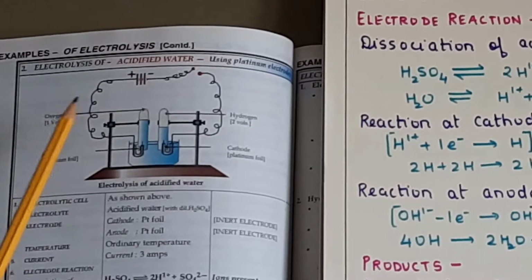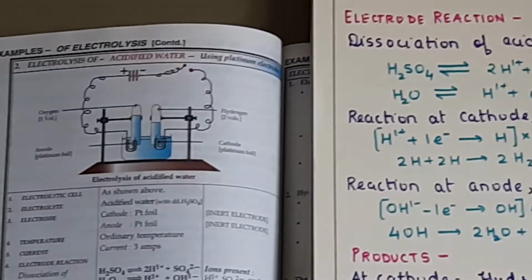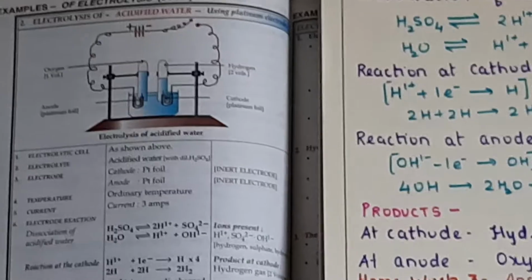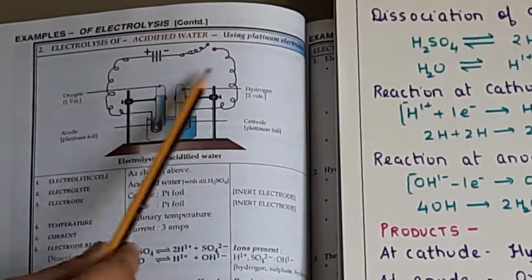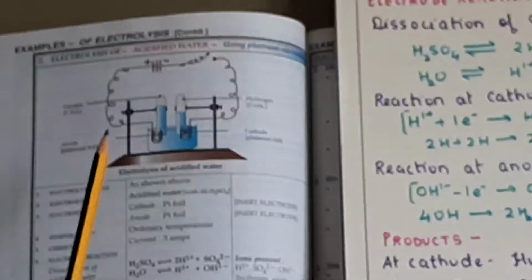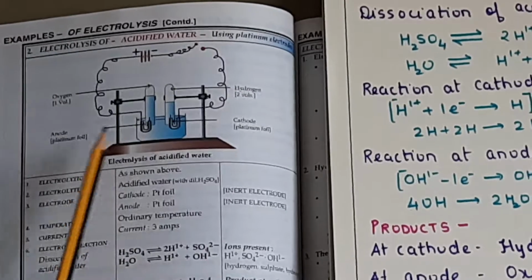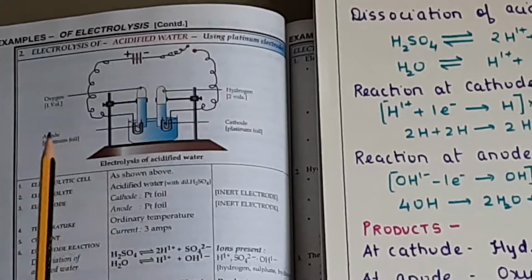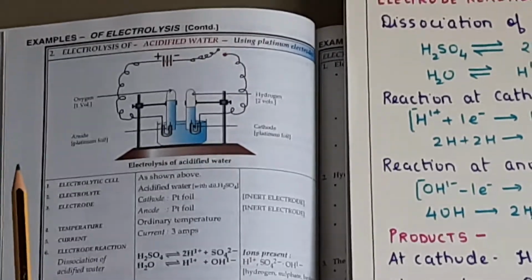Now you are going to connect the circuit and allow current to flow through it. Once current flows through it, what will happen? The ionization will take place of the water as well as the sulfuric acid to form the ions. So this diagram, generally they don't ask for drawing. Questions based on the diagram can be asked, like you can be given the diagram and asked to label the parts. But generally you are not asked to draw the diagram as such in electrolysis.